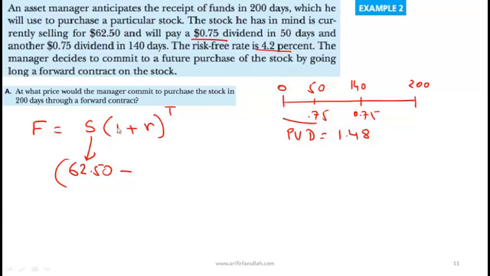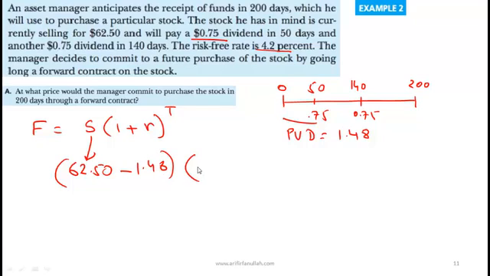At least this is how I remember this. I hope everybody remembers the first thing we studied. The price of a forward contract is S times (1 plus R) to the power of T. What's the S? It's the spot minus the present value of dividends. So it would be 62.50. Imagine it's the value of the stock if these two dividends were not going to be paid. So 62.50 minus